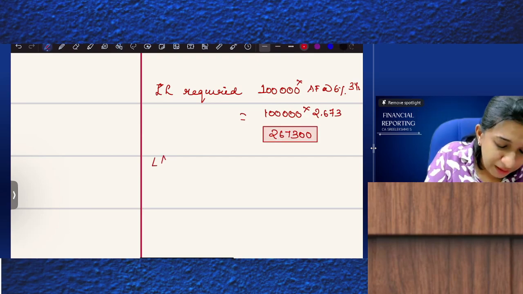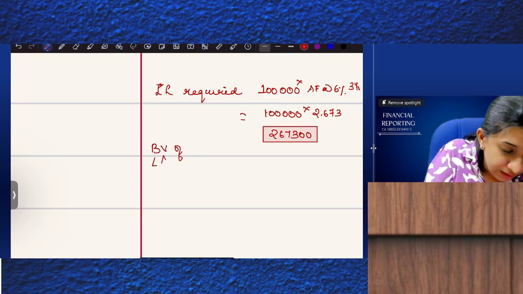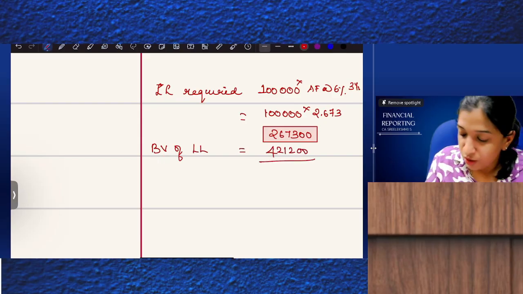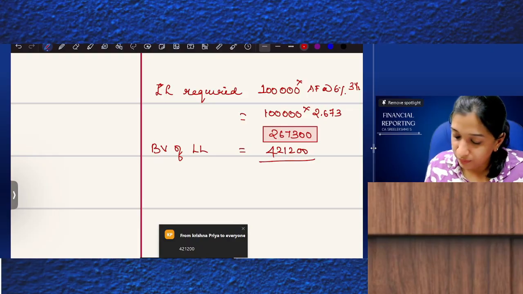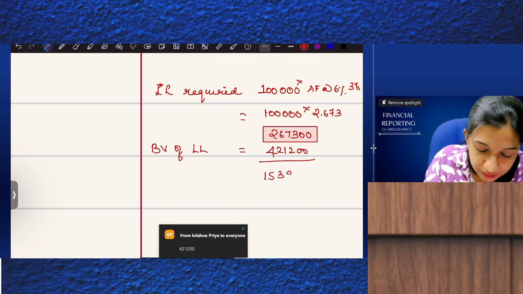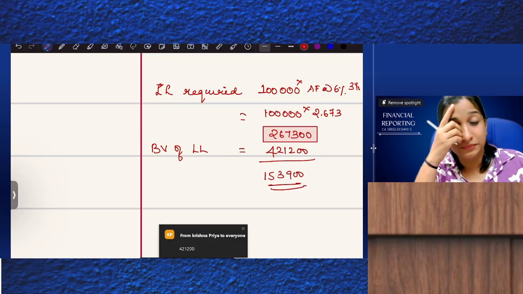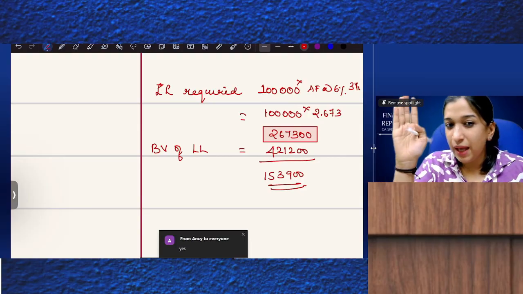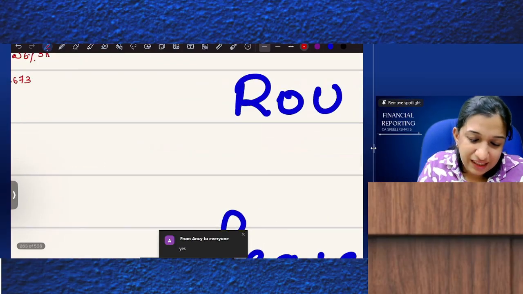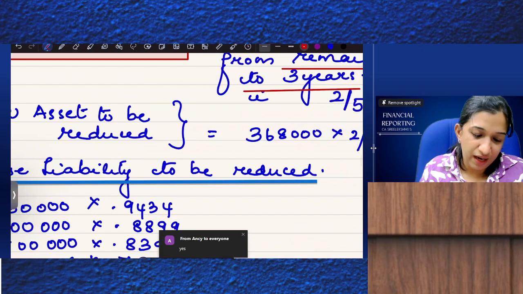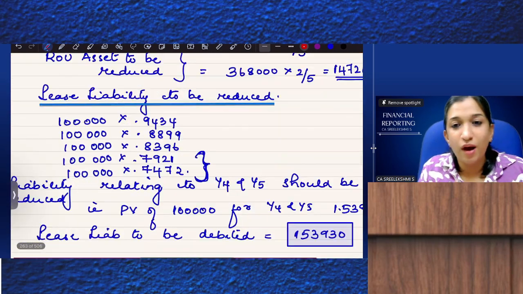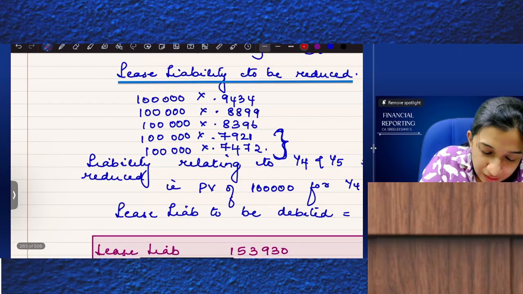Yes. But the book value of lease liability is 4,21,200. So the lease liability to be cancelled is 153,900. Yes or no? Lease liability to be debited is 153,900. But in class, what we would have done is, this is how I would have done it in class. 1 lakh first year,